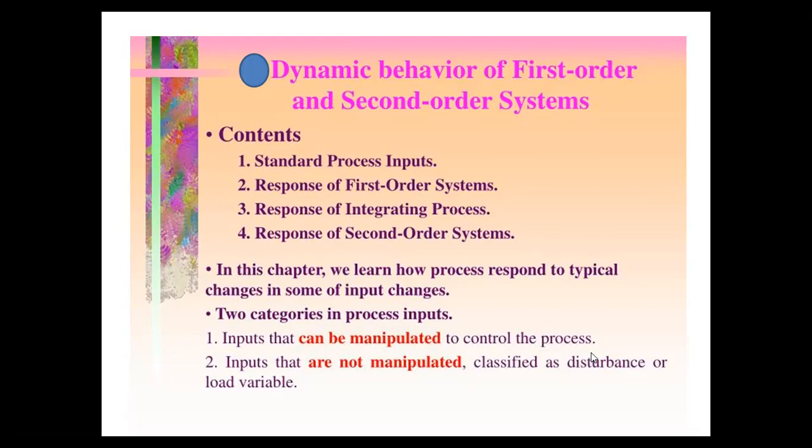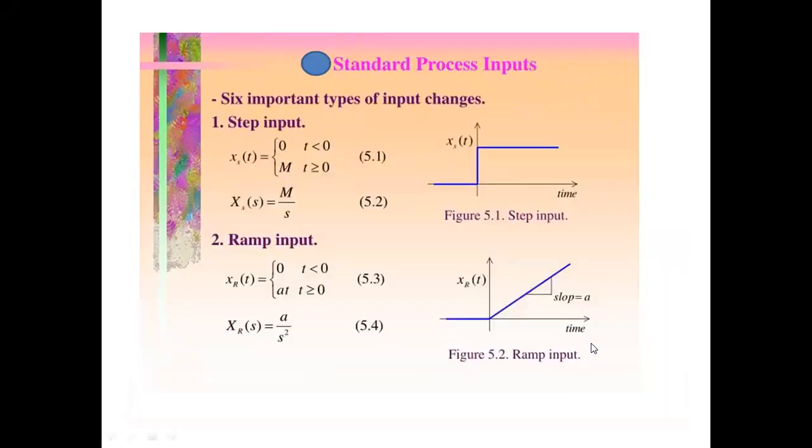Next, we have the standard process inputs. In total we have six standard inputs. The first is the step input. Step input means that for t greater than or equal to zero, the value will be equal to